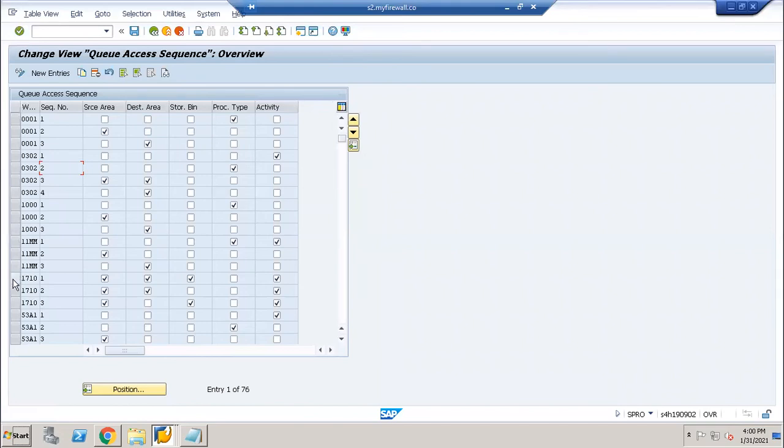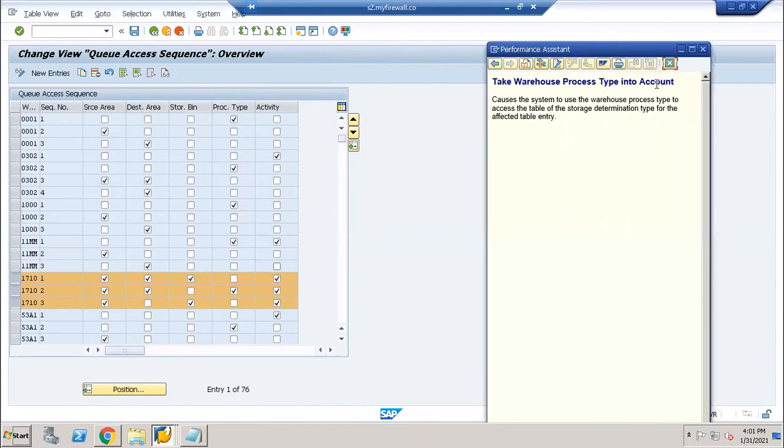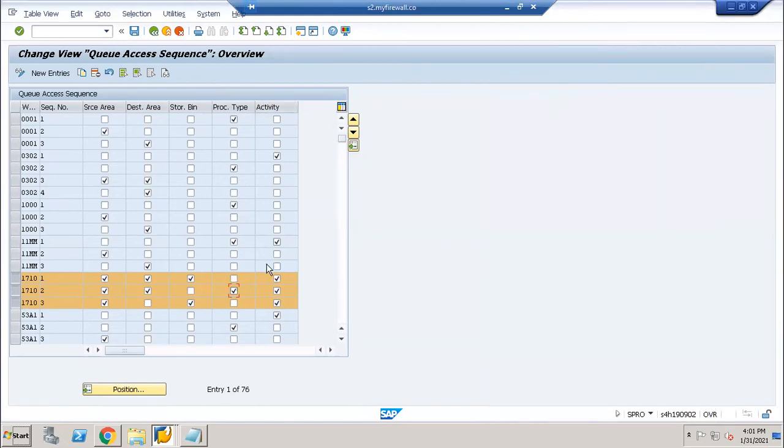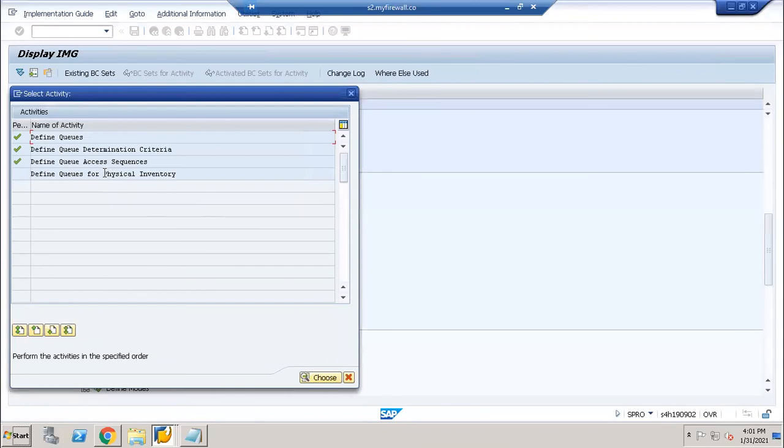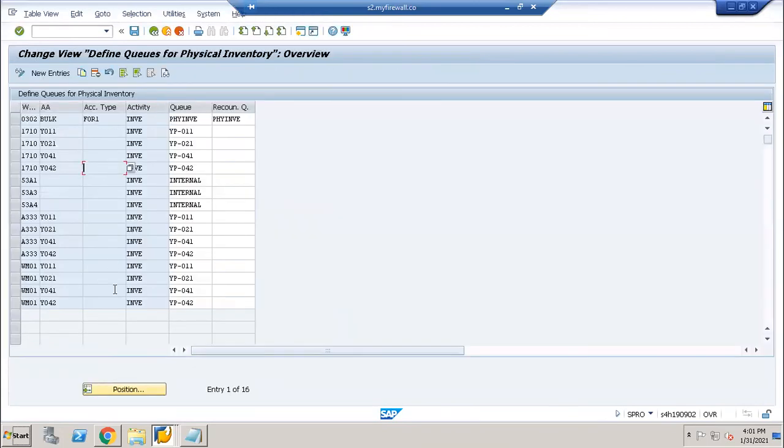Based on the sequence number priority, it has source area, destination area, source bin, and the process type should be taken into account. So WPT, the process type, should be taken into account. Maybe what will be the activity: putaway, picking, or physical inventory, right? We have some defined queues for PI, especially for physical inventory activities.